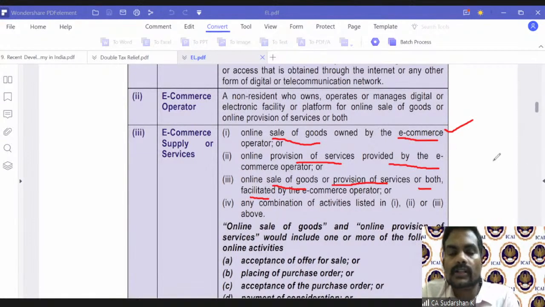E-commerce operator should be non-resident. Please keep that in mind. Or online provision of services provided by e-commerce operator. Example. One example I can think about is, let's take Coursera. Coursera gives you classes, a knowledge platform,